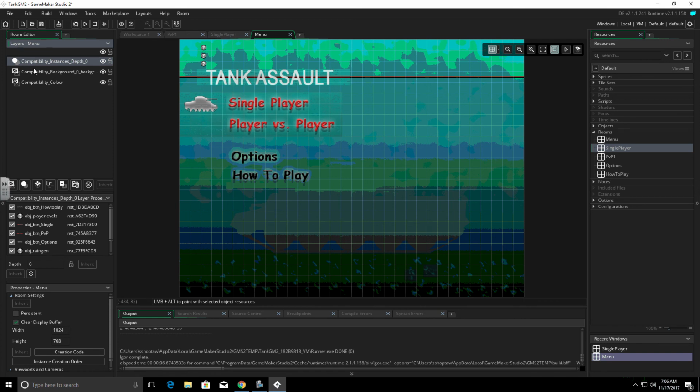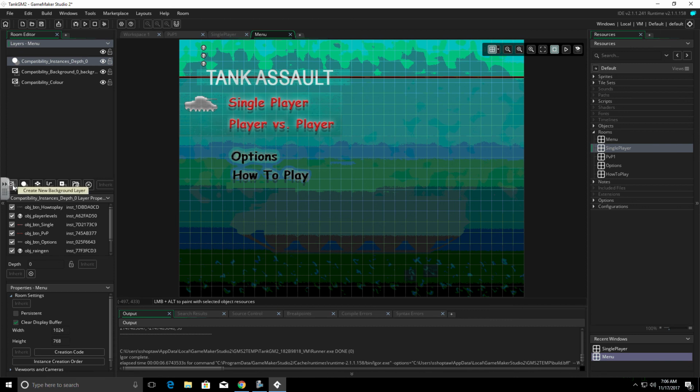The reason why I have these compatibility layers is because this game was actually originally written in GameMaker Studio 1 point something. When you pull that in, it creates this compatibility layer. When you create a GameMaker Studio 2 game from scratch, yours will not say compatibility. It will just say background.